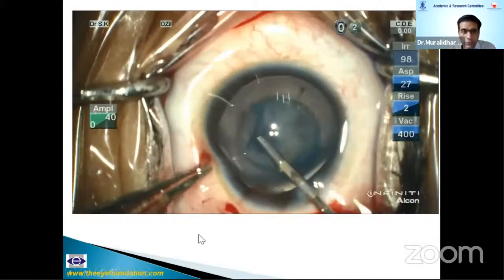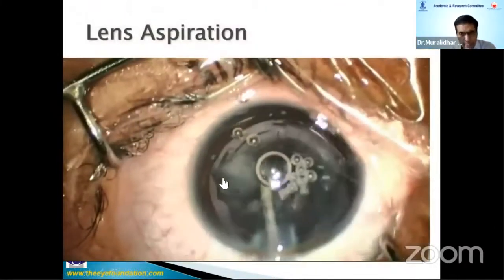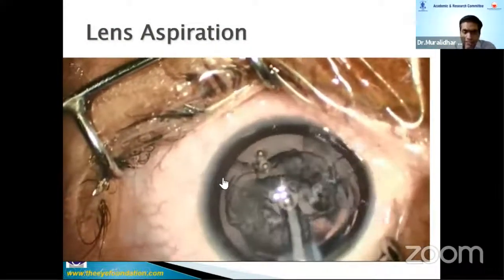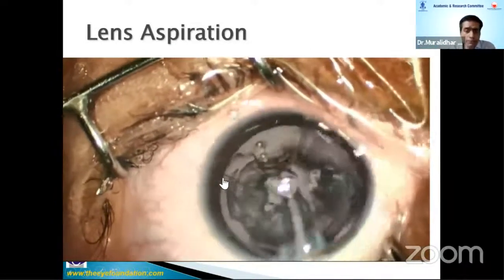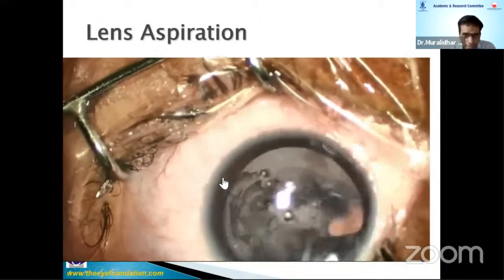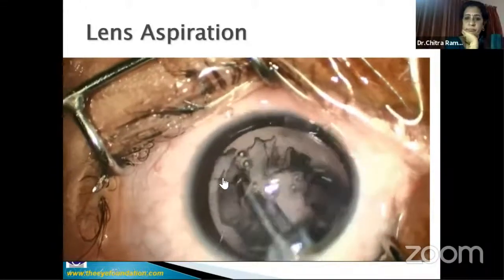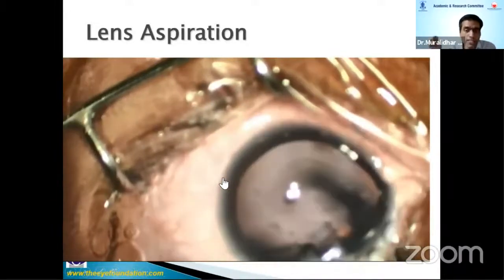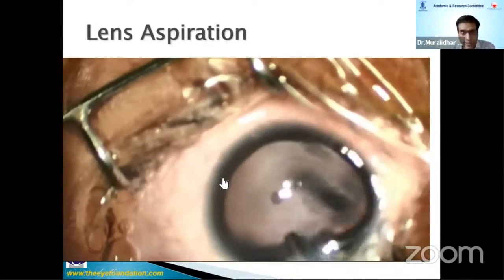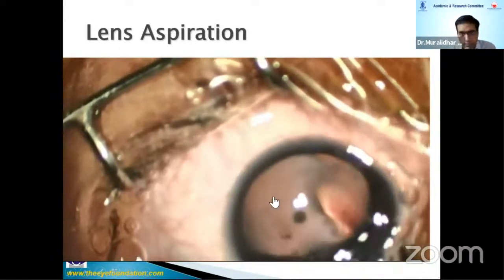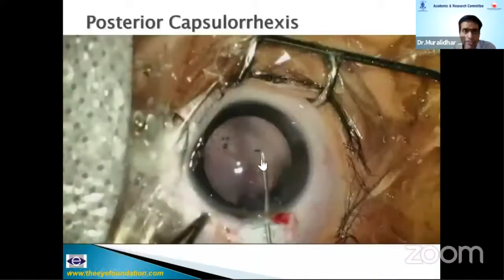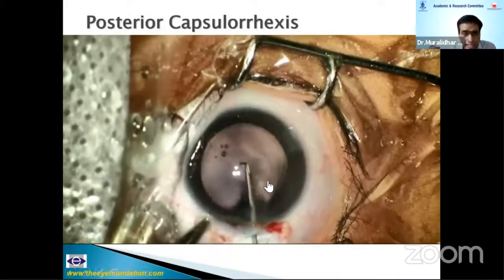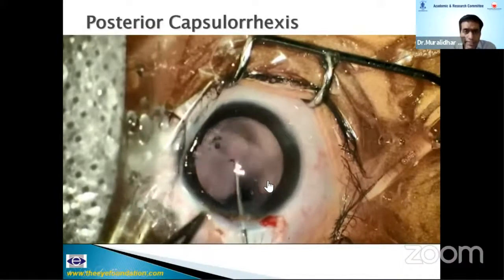Yeah, so this is for the 1 to 4 year age group. Lens aspiration, there's a lot of controversy about hydrodissection. I usually do a gentle hydrodissection. Of course, it has to be avoided whenever you suspect a posterior capsular dehiscence. And the advantage is that presumably there is less rate of visual axis opacification. And for me, removal of subincisional cortex becomes much easier with a coaxial IA probe in which you just need a single incision.